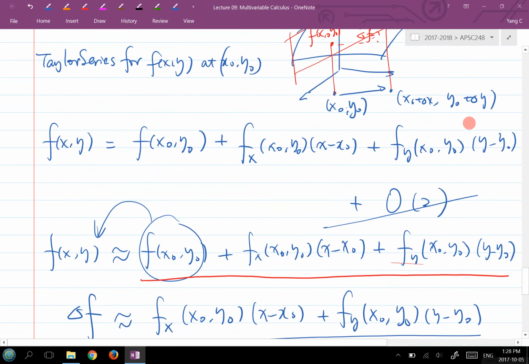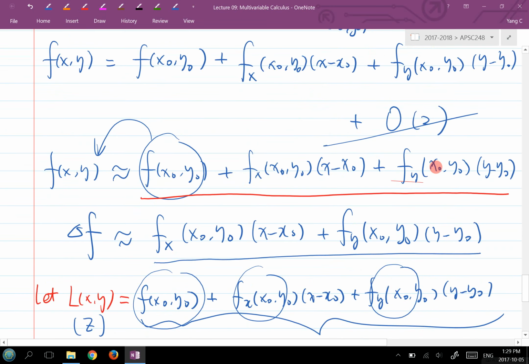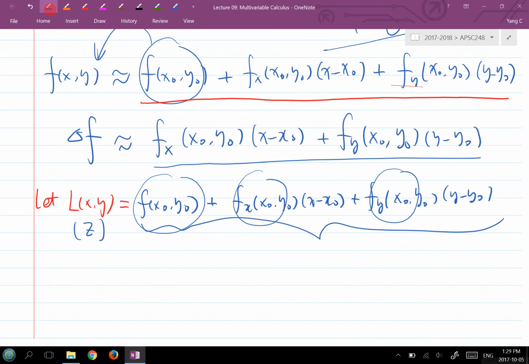It's basically like the single variable function, where you approximate along that straight line. Here, you approximate the delta f change along that plane. Along the plane, how much change there is is used to approximate the change of function f as you're moving from here to here. Is that okay? So having said all of this, coming back to total differential,